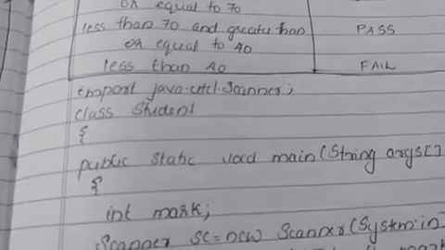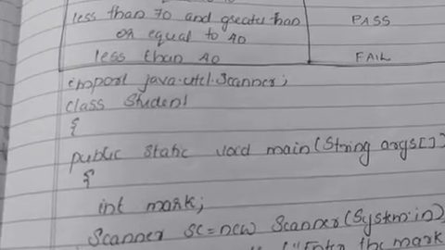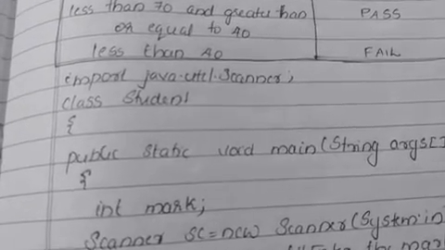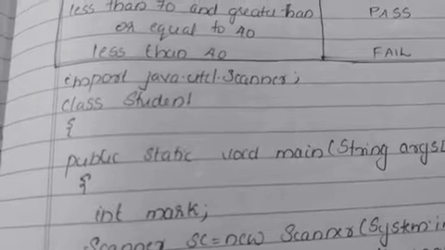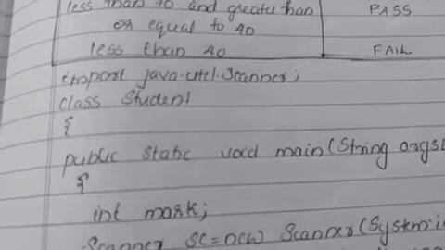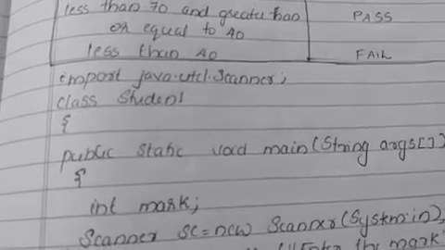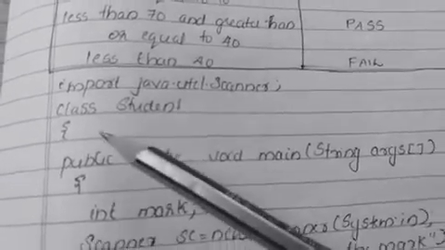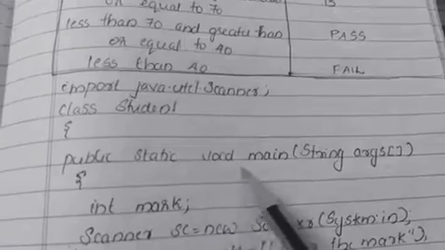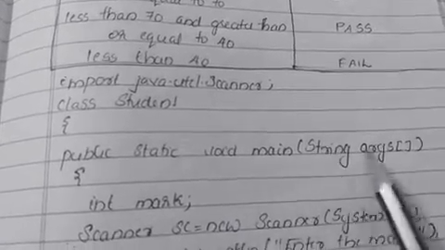Don't start a class name with a digit, but a digit can be included in the class name. And also special characters are not allowed while declaring a class name. And also keywords, don't use keywords while declaring a class name. Clear? Okay, then opening of class, then opening of our main method, that is public static void main string of arguments,